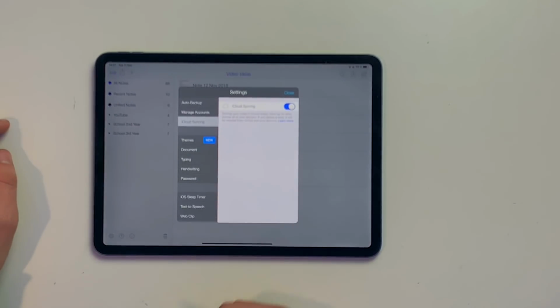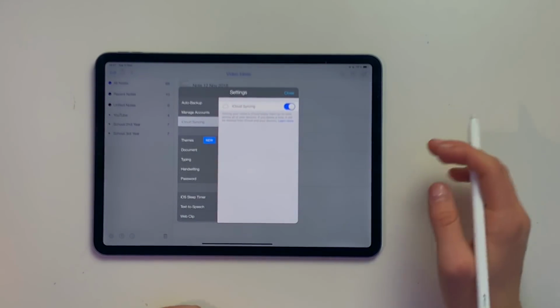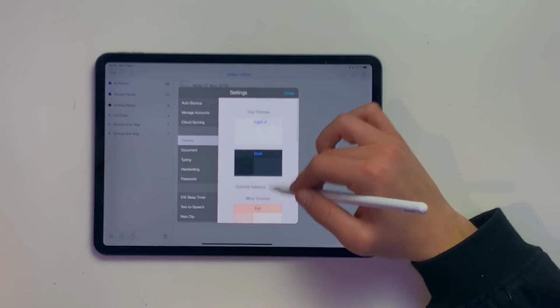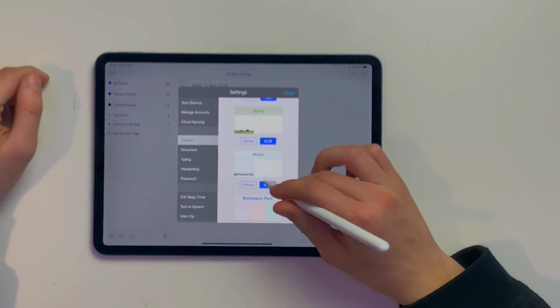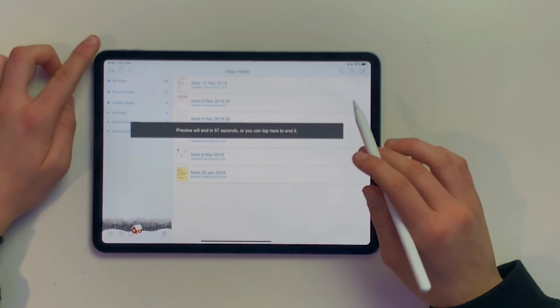You've got a bunch of settings over here. You can do iCloud sync, so you can put all of your notes in iCloud, and there's also the Notability app on the Mac, which I totally recommend you guys get as well. So if you take notes on the iPad in school and then you want to go home and go on your iMac, you've got all of your notes over there. You've got a bunch of different themes, by the way, that you can purchase. I didn't really purchase any, but if you're really into winter, for example, you can preview it, and as you guys can see, you can have a pretty awesome